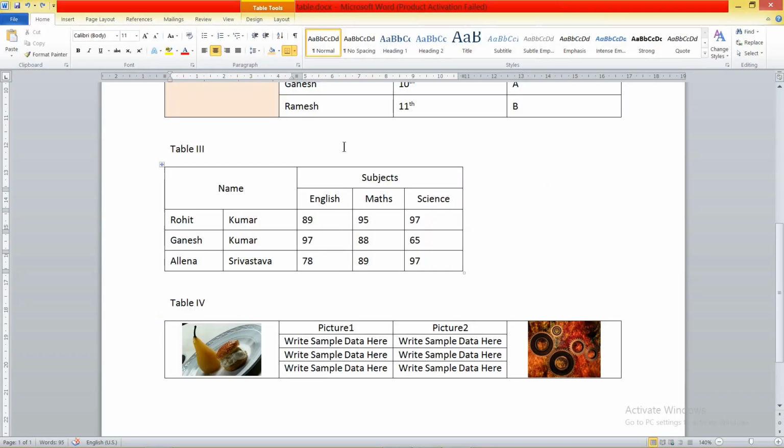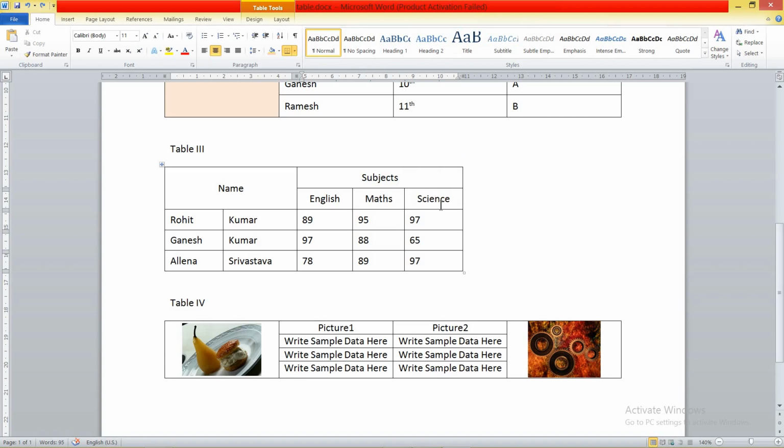Now the third table has the properties border, cellspacing, cellpadding, width, whatever you want to give. In this particular table, first of all you should know how many rows and columns you have. This is very important. If you talk about rows, how many rows do we have? If you count from the left side, you can see we have 1, 2, 3, 4, so 4 rows. But if you count from the right side, 1, 2, 3, 4, and 5, you will count 5 rows.